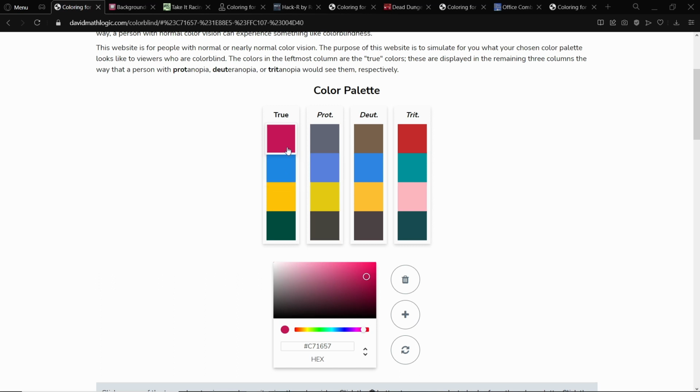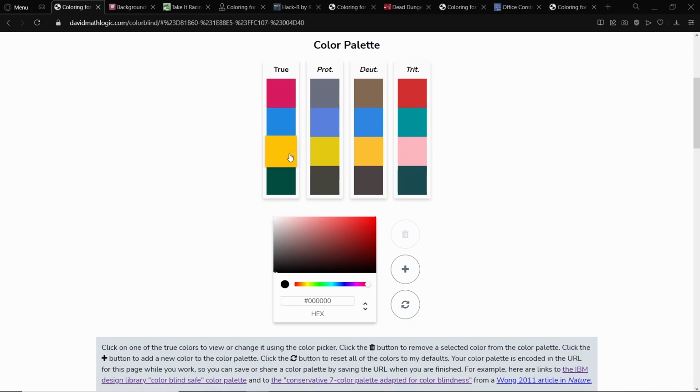So if we have a look at this, we can see that these two colors, despite looking very different to someone with normal vision, look quite similar to someone with this condition here. I'm not going to try and pronounce these because I know I'll just get it wrong. But you can see they each are representing a different type of color blindness. Okay, so if we mess around here, if I create an orange and I try and create a green,